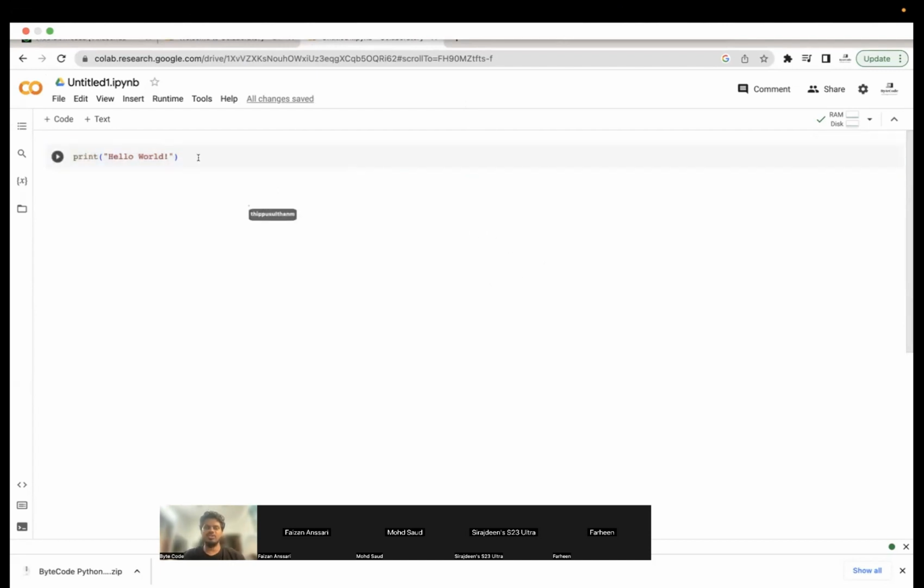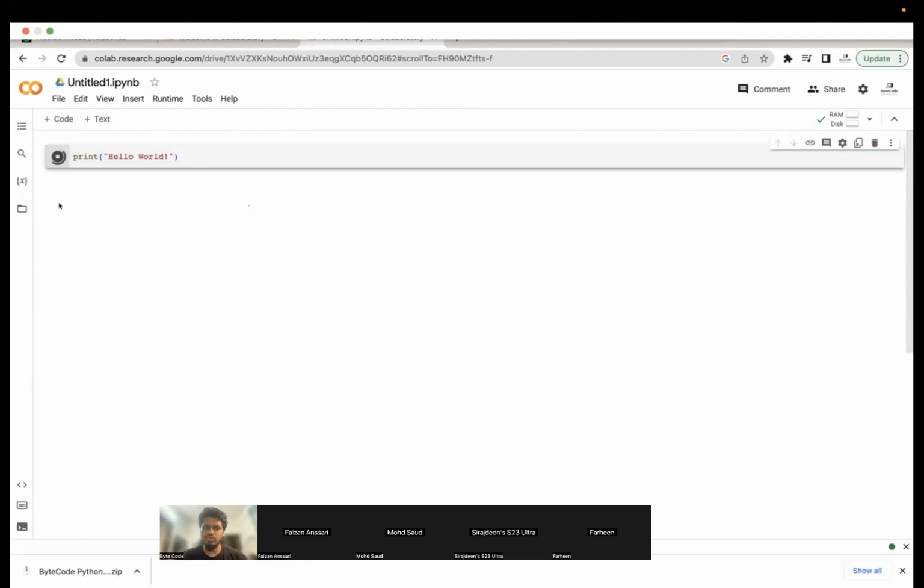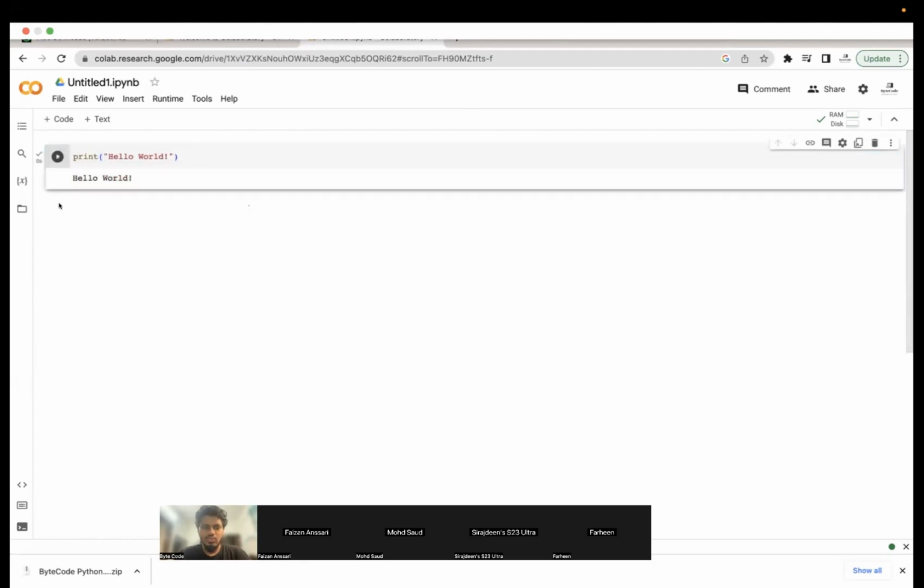Print hello world. This will be your first line of code which you will write today. What it basically does is that it takes a string, or letters, as your input, and whatever you give it, it will just print out.